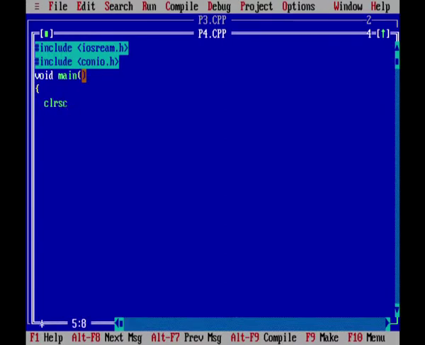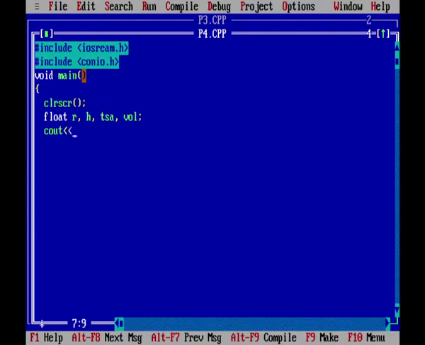So, I know that I have to give clear screen first, then total surface area and volume of a cylinder. I need to store the values of radius, height, total surface area and volume. These are the four values which I shall be needing in my program. So, I should declare four variables, float: r for radius, h for height, TSA for total surface area and VOL for volume.